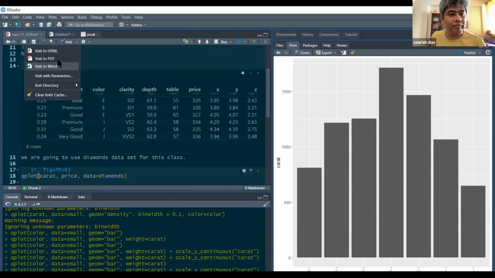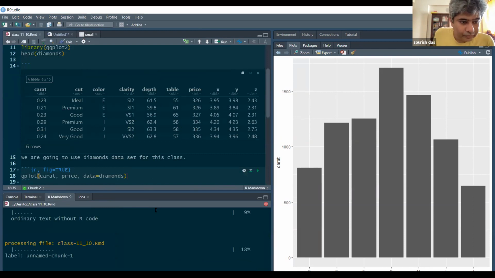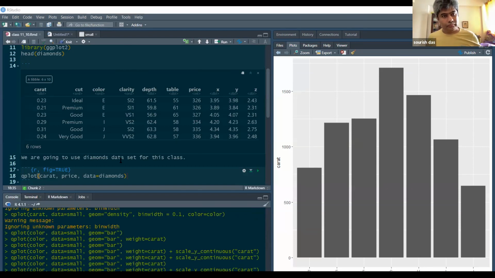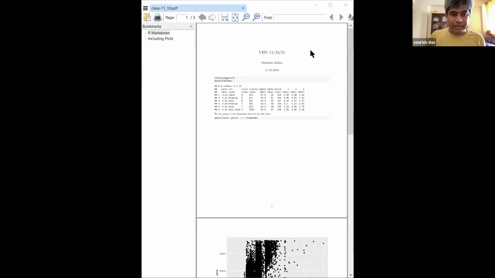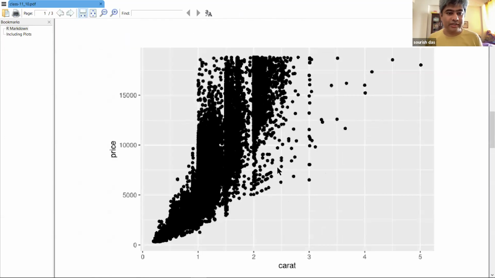I hope this will compile properly. Yeah, you can see, go down, right? So the figure is there.